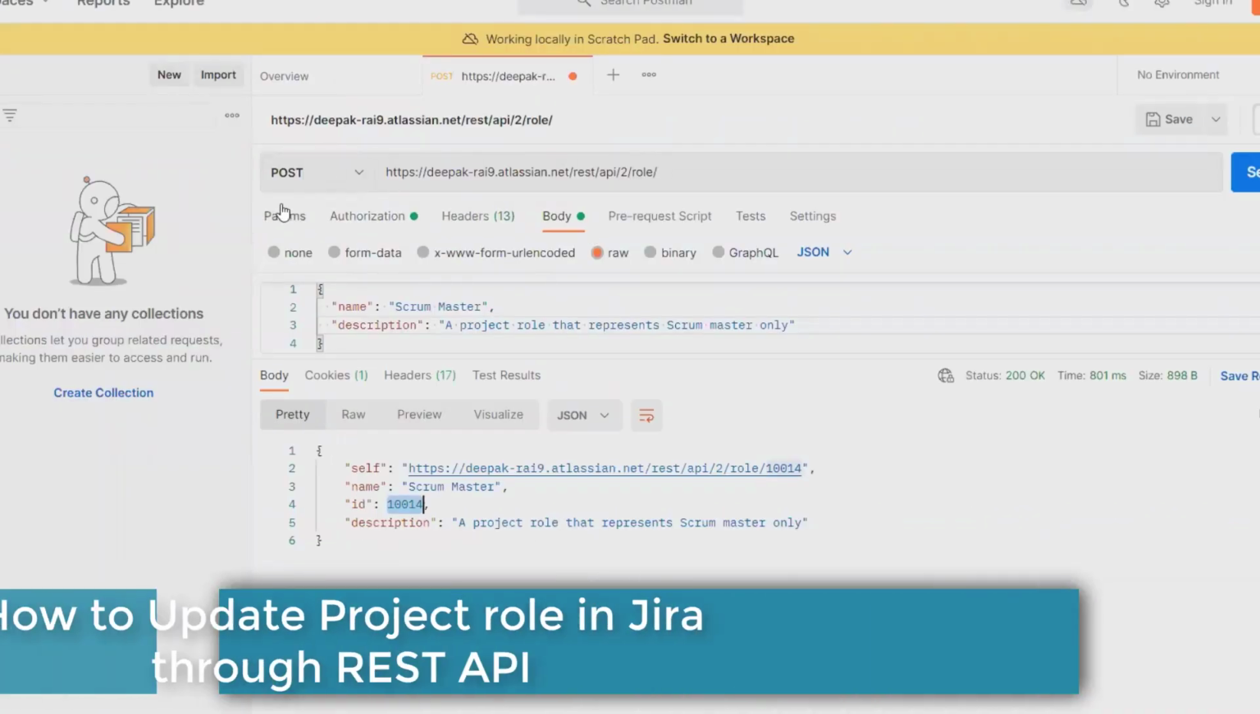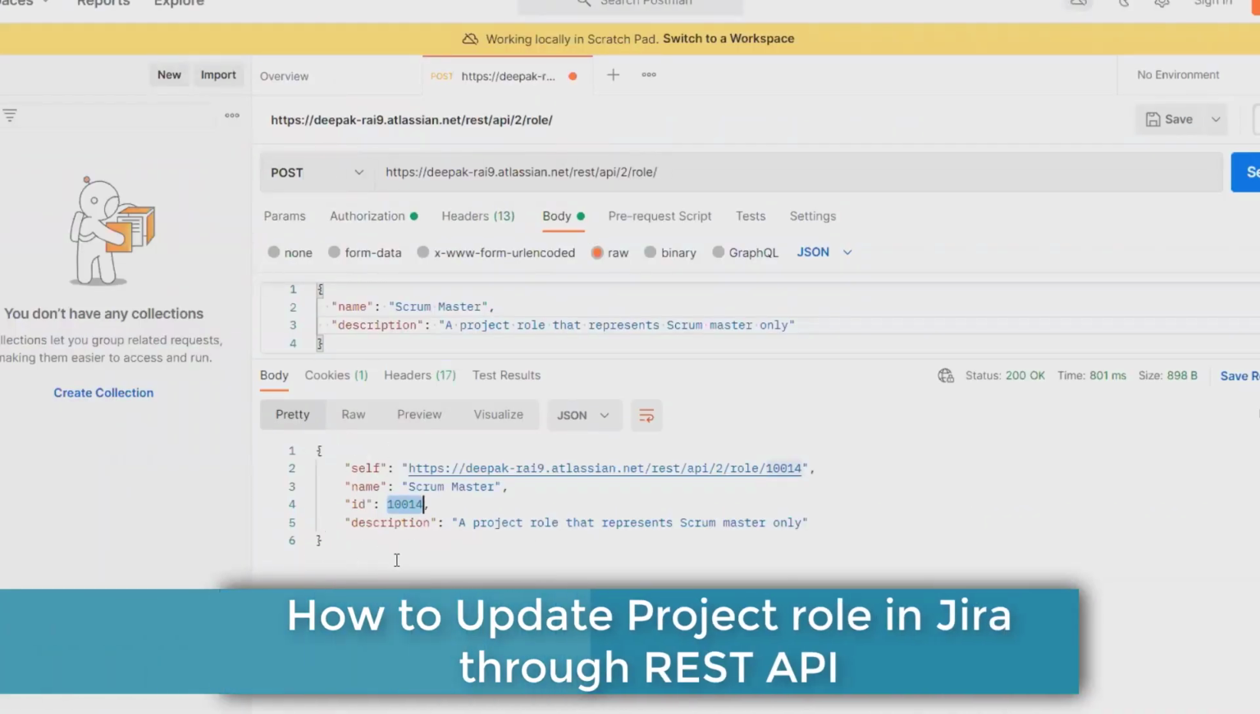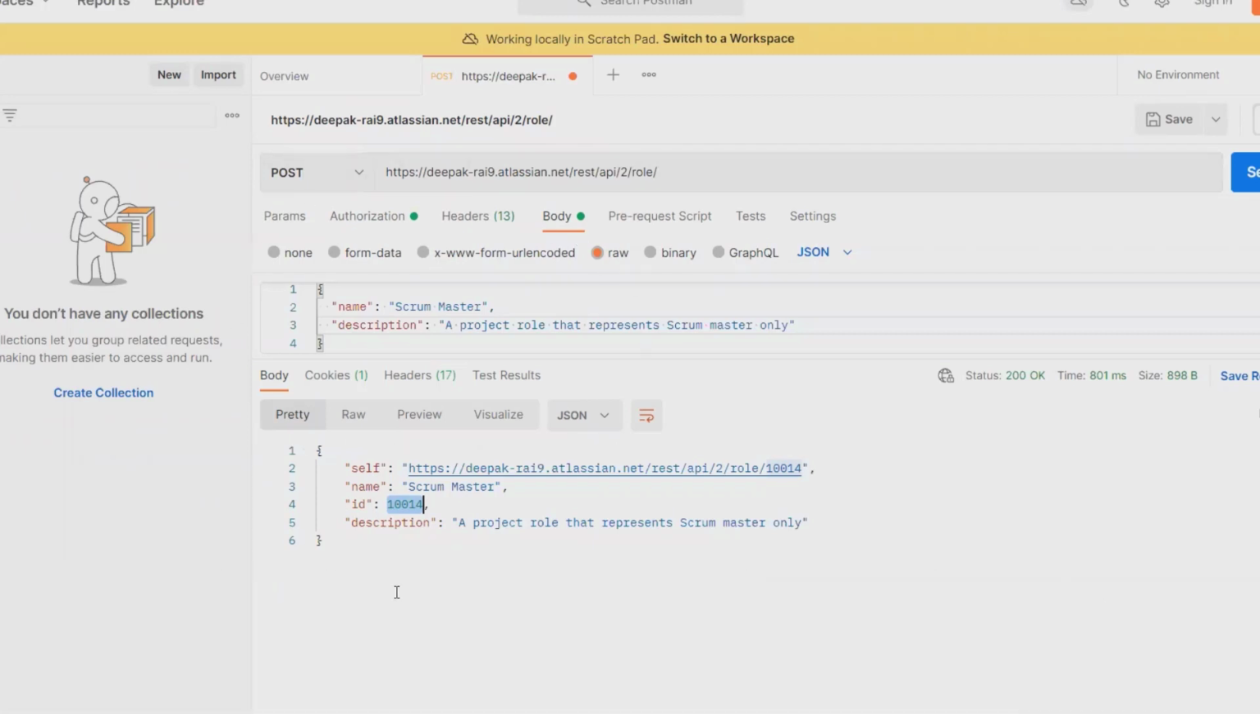You can see here there is one role that has been created in my previous video. If you don't know how to create a role, please watch my previous content so that you're able to understand how to create a role. But if I want to update any specific role, I will simply need the role ID. You can copy the role ID from here and simply paste it into the URL. When I paste it